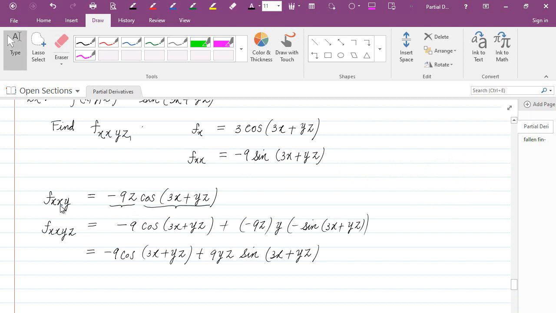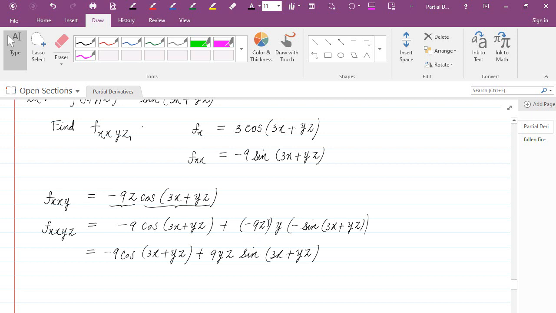Now, finally, we take the derivative of f_xxy with respect to z. With respect to z, again, x and y are fixed. So now, notice that we have to apply the product rule, because now negative 9z is a factor in the function, and cosine of 3x plus yz is another factor. So we have 2 factors, where each one of them is a function of z. So by the product rule, we take the derivative of negative 9z, which is negative 9, multiplied by the second factor as it is, plus the first factor negative 9z,